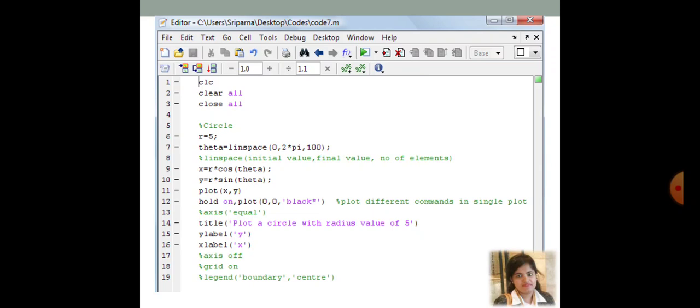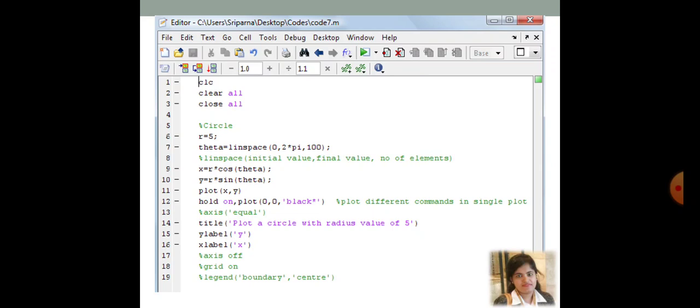But if you give this hold on function, that means whatever plot you have already generated, keep that, and along with that, within the single figure, just plot the second plot function. Okay, so whatever plot I have generated by line number 11 will stay in figure 1. Within figure 1, plot 0 0 comma black will also be generated.